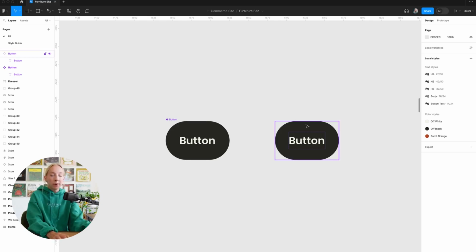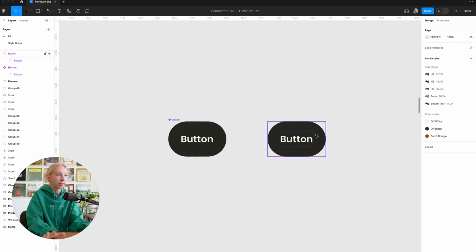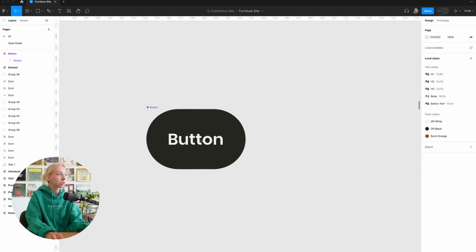And it doesn't matter how many instances of this component we have in our file or where they're located on what page, any instance of that component is going to reflect those changes made on the main component level. Okay, so let's get rid of this instance for now and focus on creating a couple more variants of this